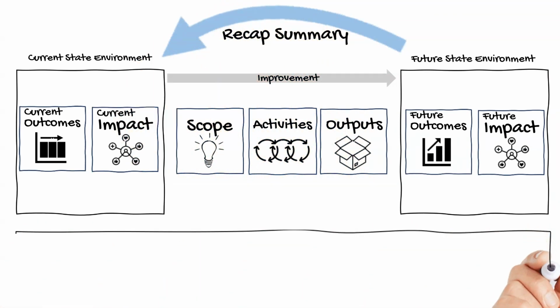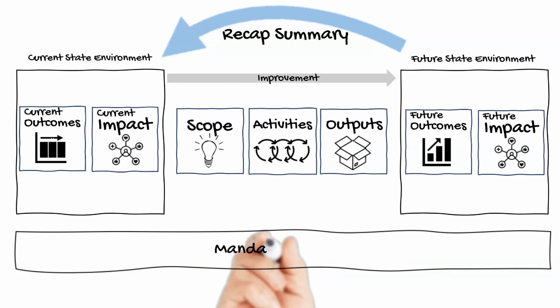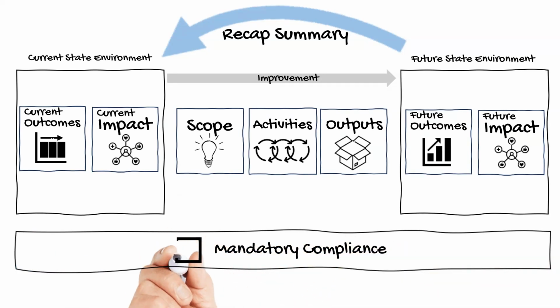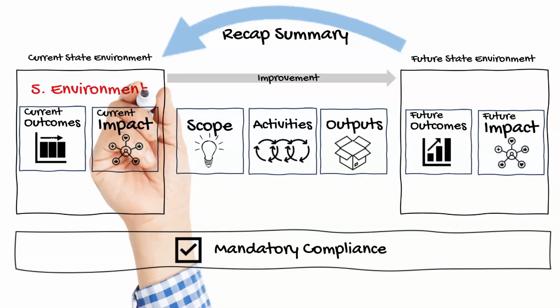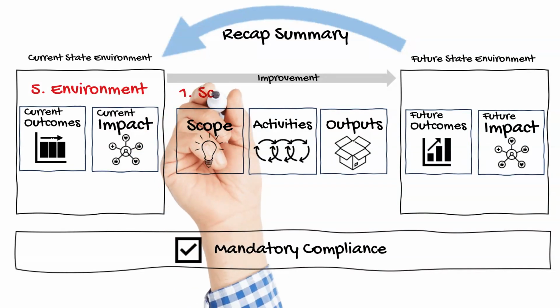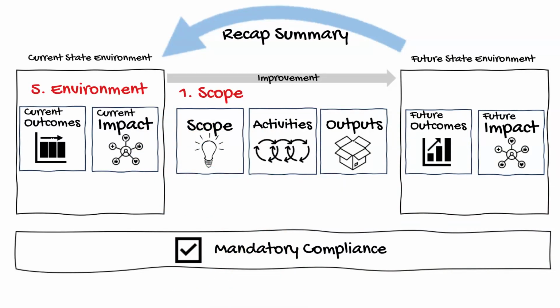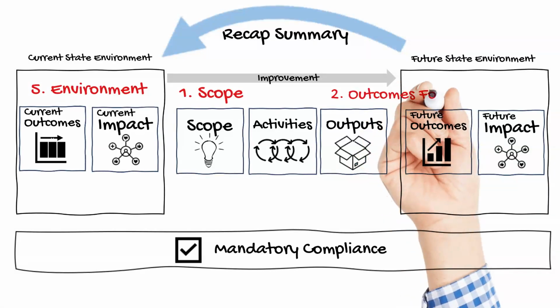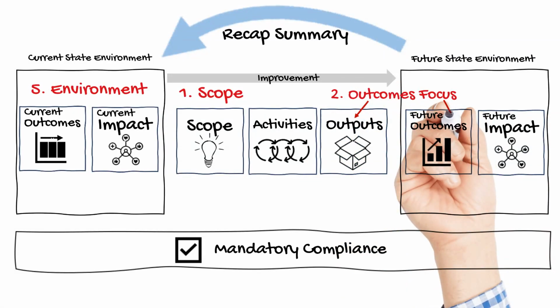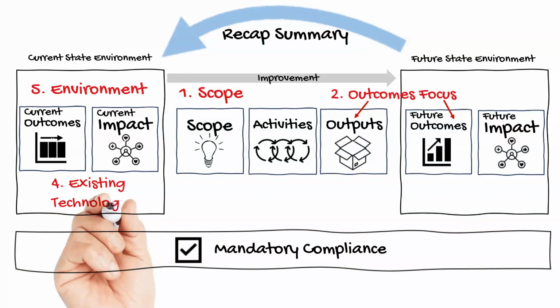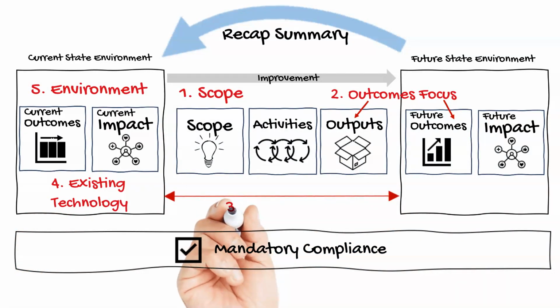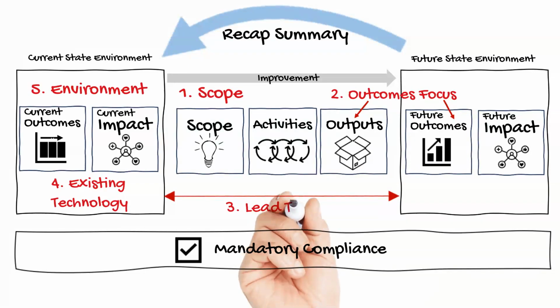Underlying everything we do, we must remain compliant with governance, regulatory, and compliance items. Across this lifecycle, we've articulated 5 primary challenges so far. That government environments are not well positioned to generate good scope ideas that will truly improve outcomes. That we don't clearly express our desired outcomes or measure them to find out if our solution ideas are improving outcomes or not. And that our organizational and existing technology environment prevent us from implementing scope quickly, making it take way too long to find out if a scope idea fails to achieve desired outcomes.